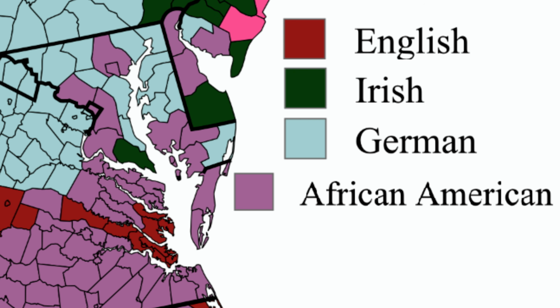Much of the Chesapeake Bay subregion, and especially the urban areas, have large amounts of African American ancestry, but certain rural regions have more English, Irish, or especially German ancestry. Religiously, much of the region is Protestant, with many evangelical Protestants in rural regions, and urban areas having more mainline and historically black Protestants, as well as more Catholic, Jewish, and Muslim communities.